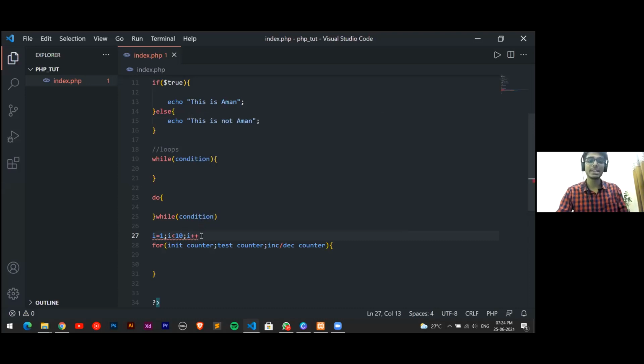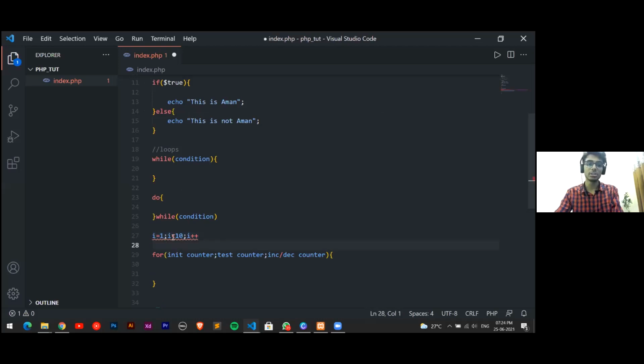Okay. So this is the basic thing which we do in our for loop. That is, we give a counter and we say how much we want. Where this is used in web applications is if we want to show just specific rows from our database. So we will limit that particular row number over here and we'll show those rows. Let's say I want to show just 10 rows over here. So I'll limit those and show that.